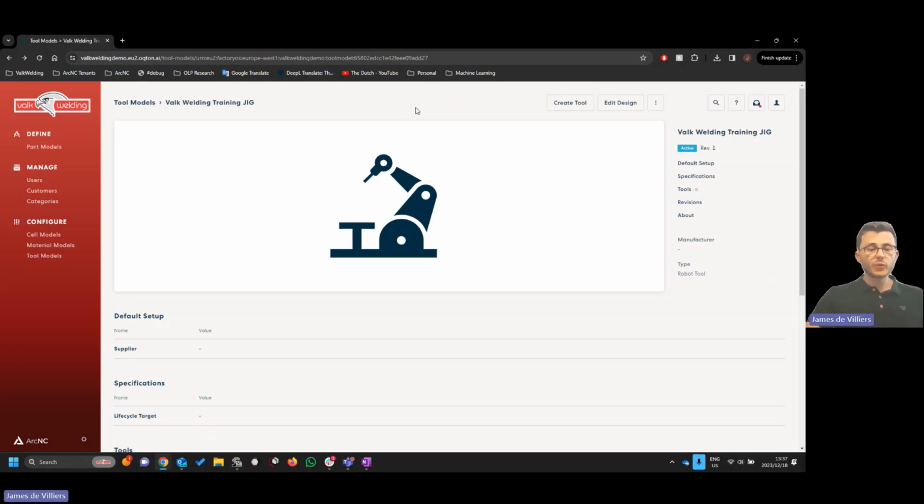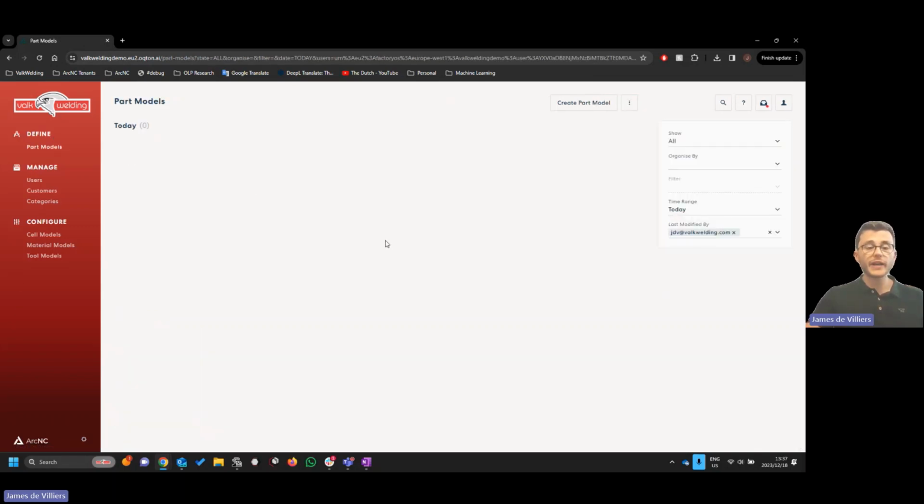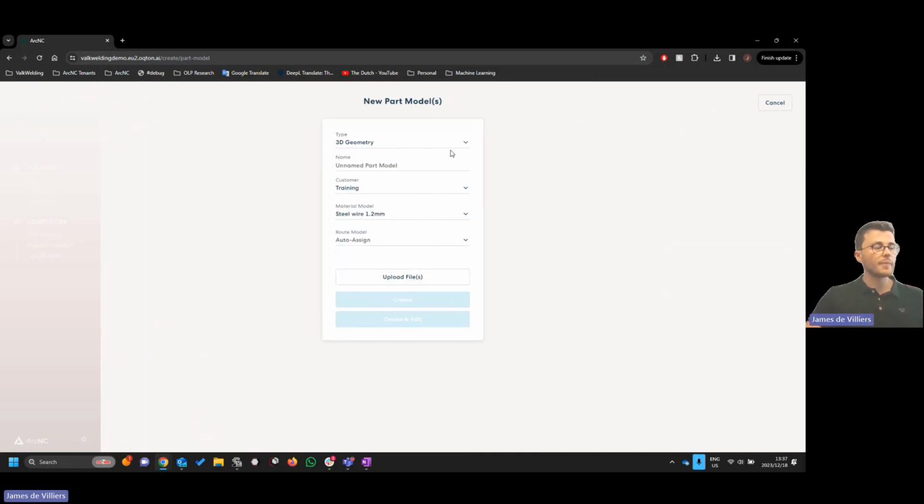So now the next step, now that we've created a JIG, we of course want to upload a part, and we want to start the programming process. So if I come over to the part models tab, I'm changing over from tool models to part models. Once I click on the part models tab, we're now in the right place to upload a part, a step file. So when I click on create part model at the top,